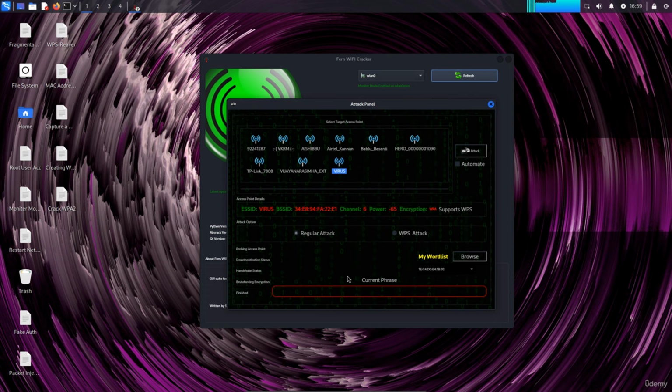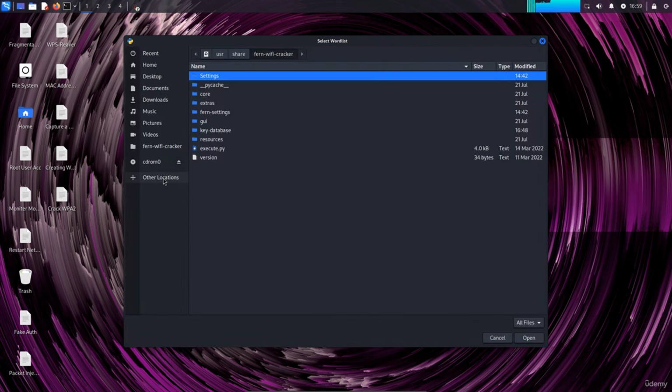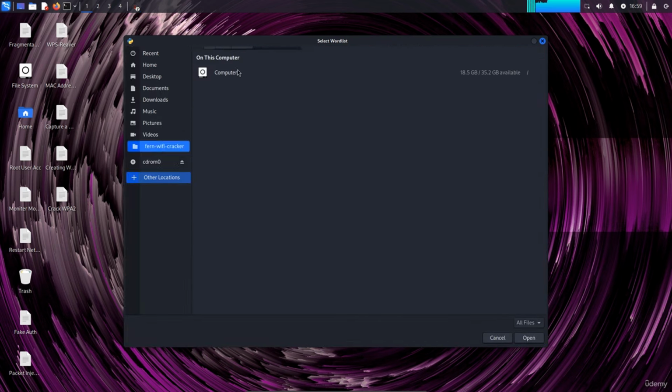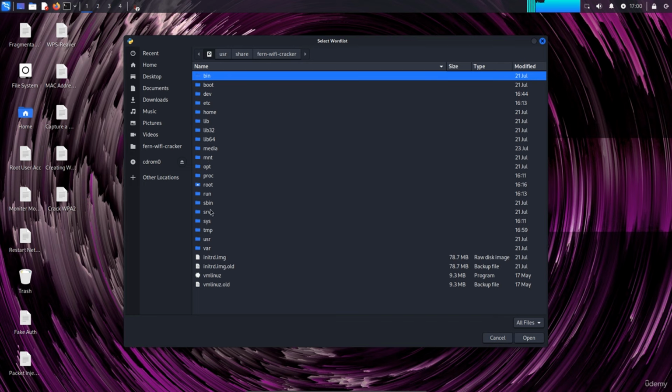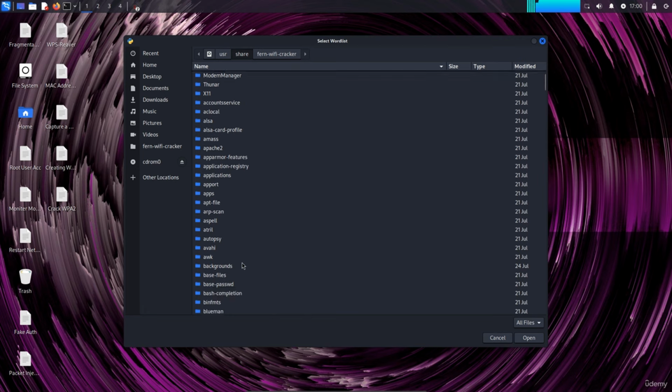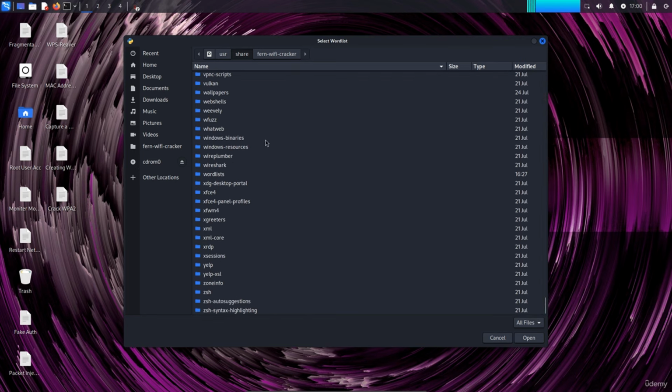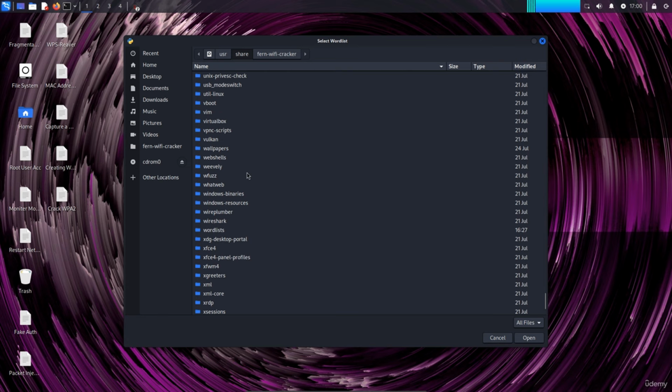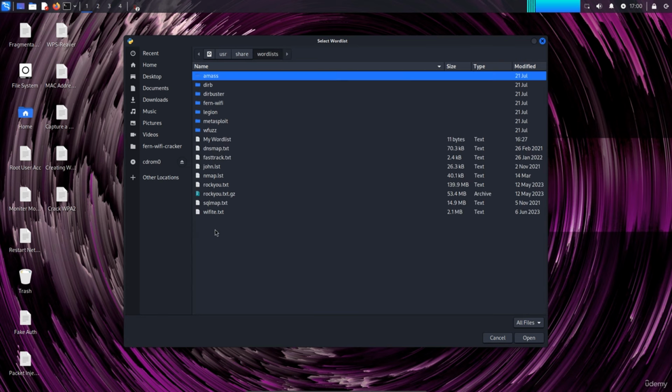So you just need to select the word list, hit browse, go to other location, go to computer, go to user. This will only work if the password is present in the word list, and it does not work if the password is not present in the word list. Click on word list and click on